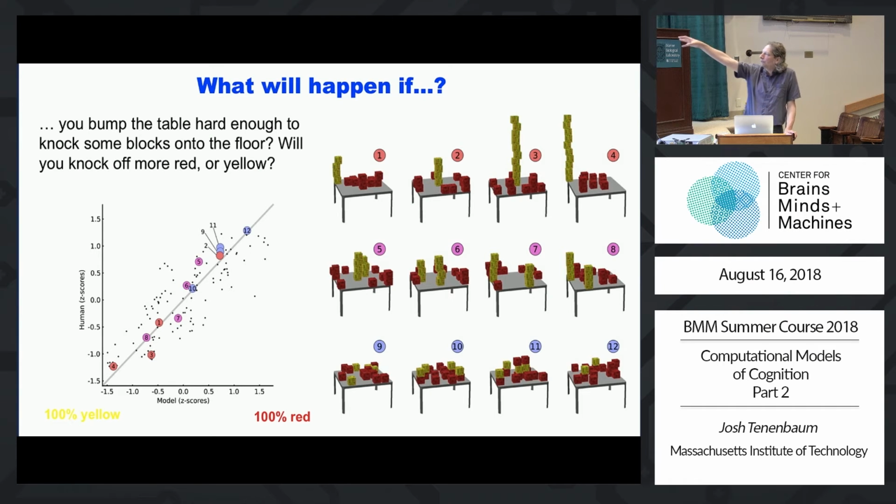So here's an example. What I'm showing you is the analogous kind of plot of data and model for this task. And what you can see is the fits are a little bit worse, but basically the same as I showed you for the previous experiment. Okay, but in the previous one, that was a question of will these blocks fall over, or how likely they are to fall over, which you've probably been making judgments very much like that since you were a kid. This is a judgment that you didn't make until just this morning, unless you've seen this talk before, right? Okay, so the point is that you can do both, and the model basically fits about as well, because what we think the model is capturing is an engine in your head which can do all these things and so many others, right?